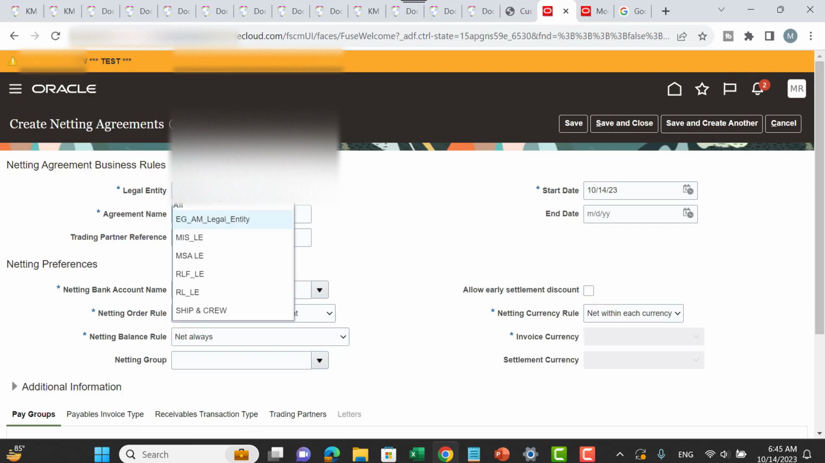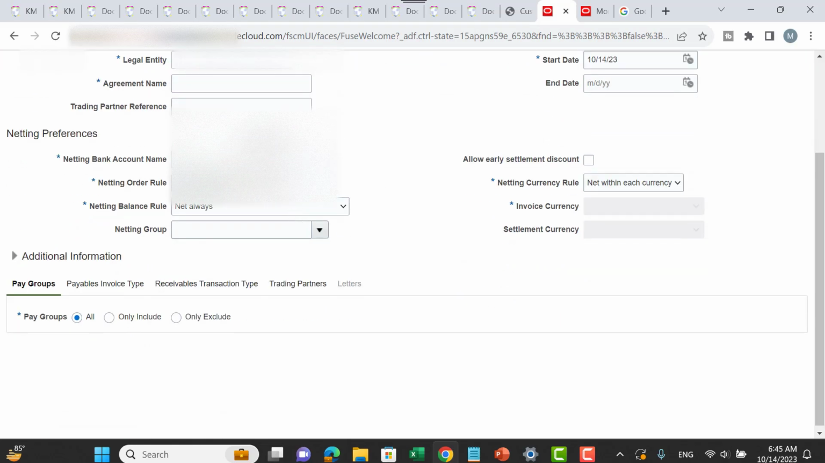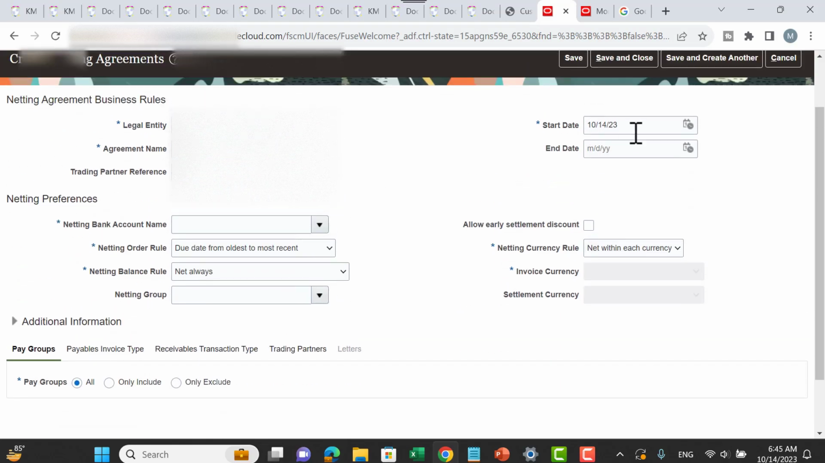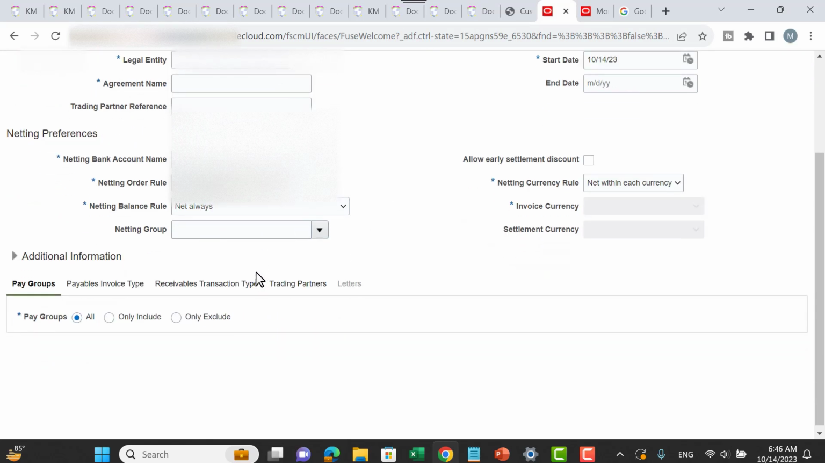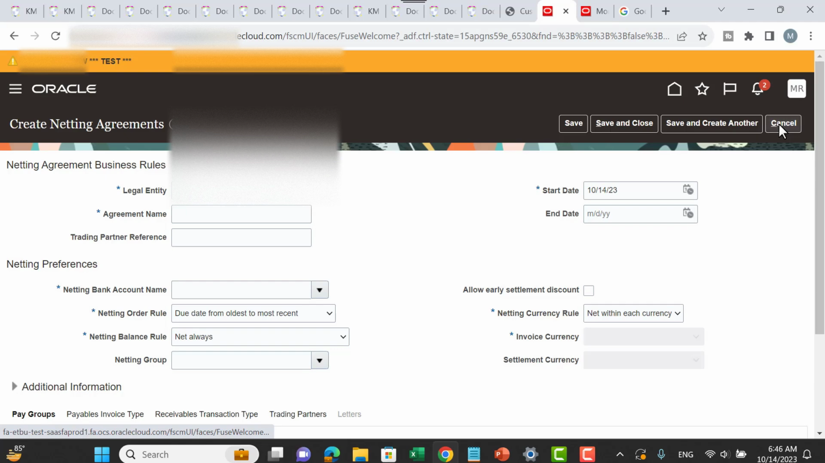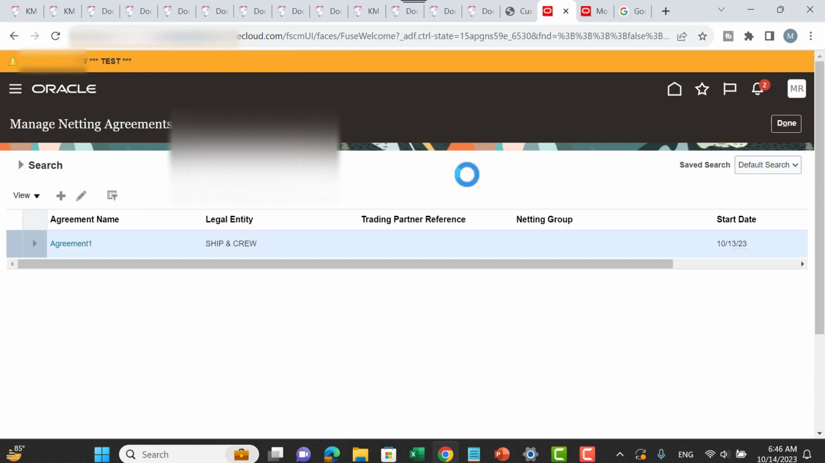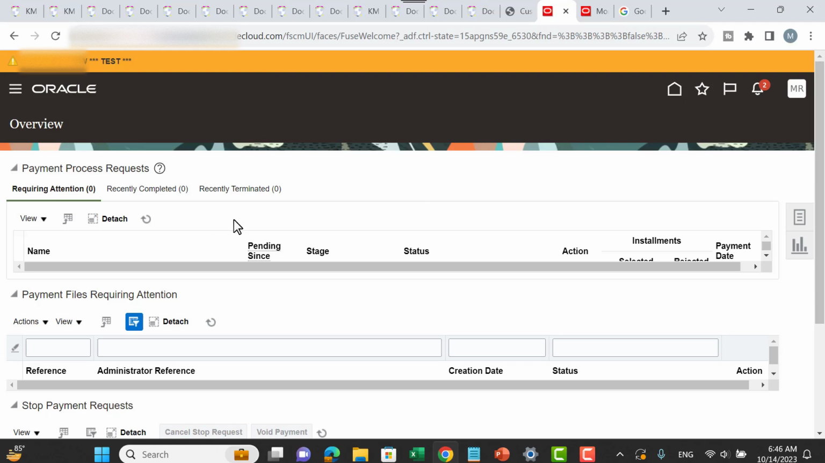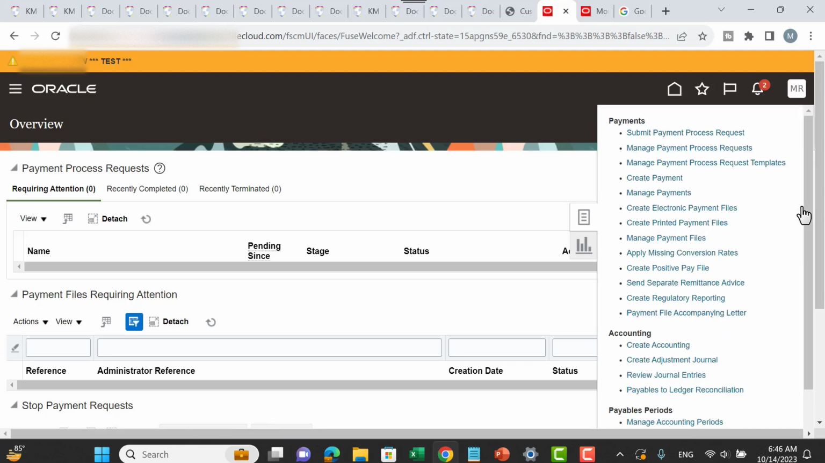Again, if you create a new one, you have to fill in the same data: legal entity, agreement name, start date, bank account, netting balance rule, order rule, pay group, all of this. So this is the first one. Done. After you define this netting agreement, you can go to